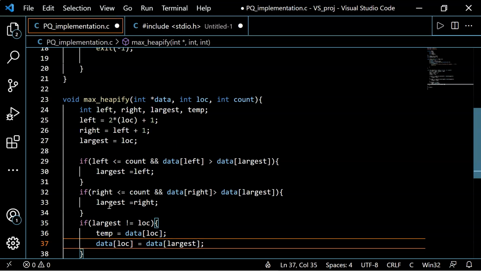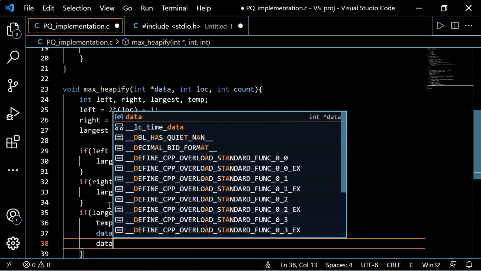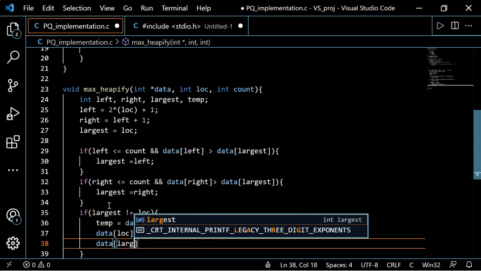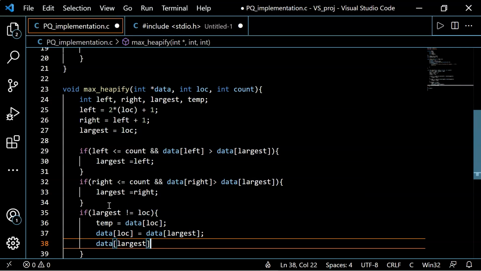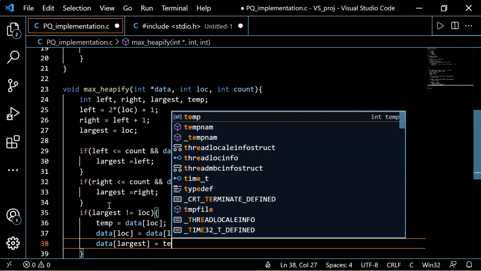This is a swapping operation that we are carrying out here. And next, data[largest] is equal to temp.